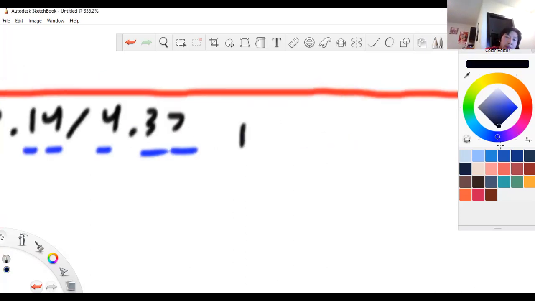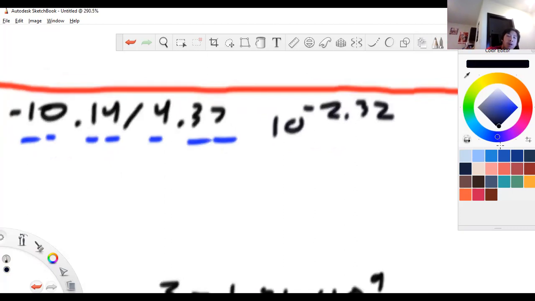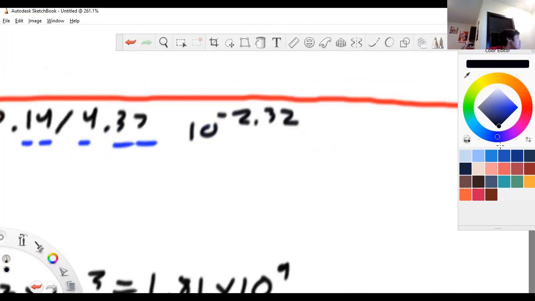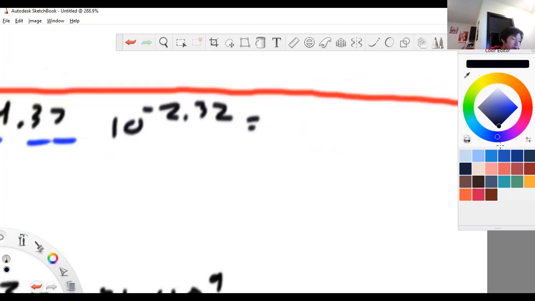It's going to be 10 to the negative 2.32 due to those 3 significant figures. Which comes out to be 0.00479, or you can write it